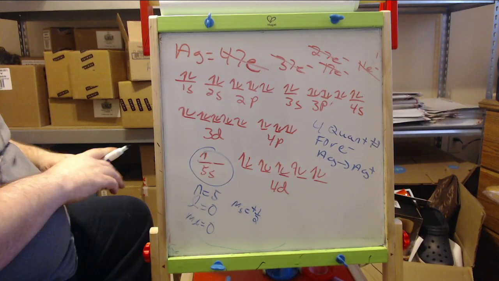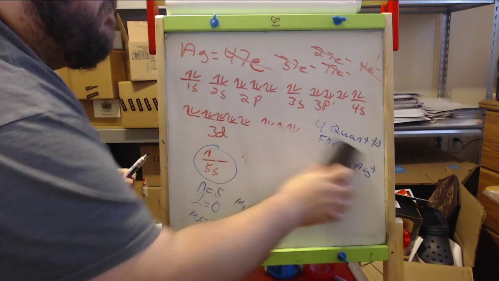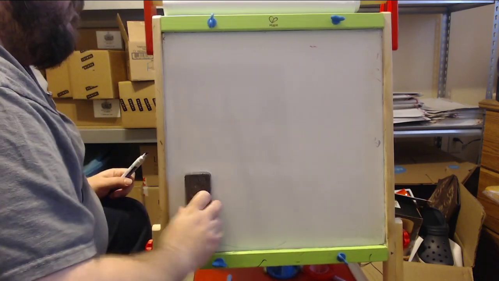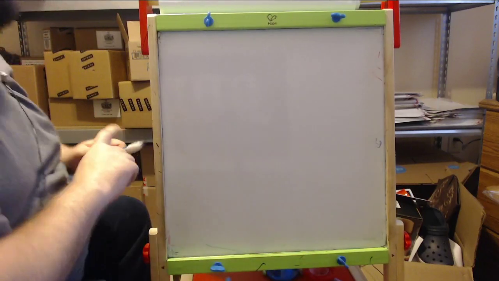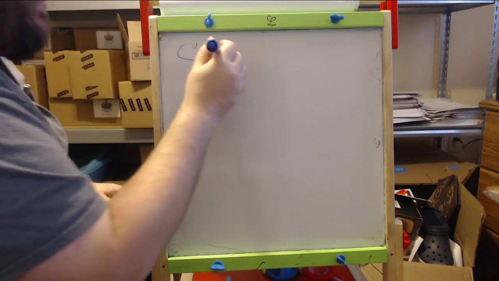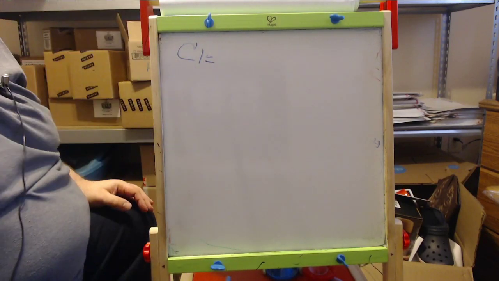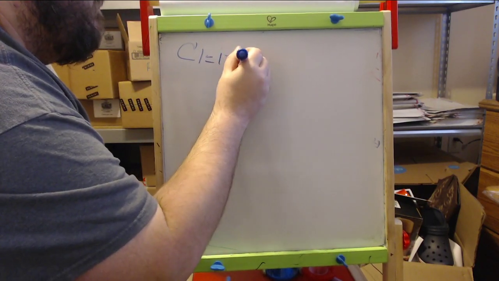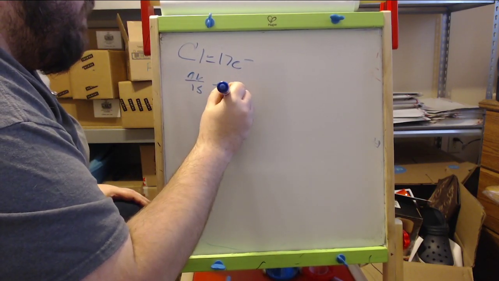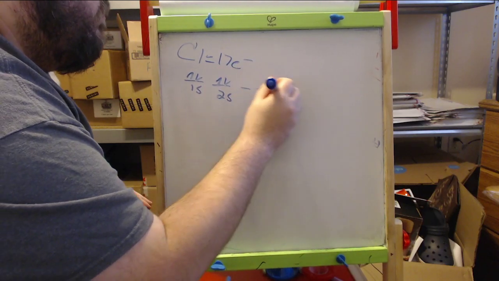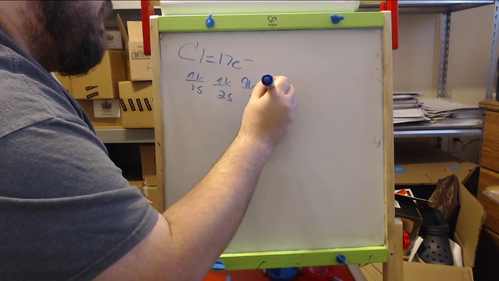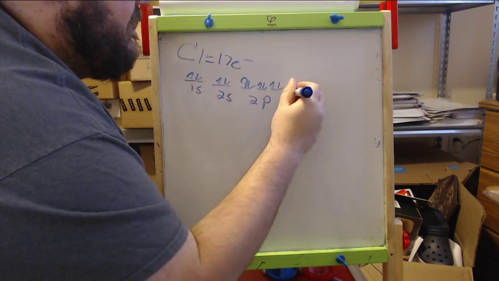Okay. And your book does a couple homework problems like that. It'll give you something like, for instance, here. Let's look at chlorine. Chlorine has 17 electrons. Chlorine is a 1s2, 2s2, 2p6, sorry, I'm thinking fluorine as I'm writing chlorine. 2p6, 3s2,